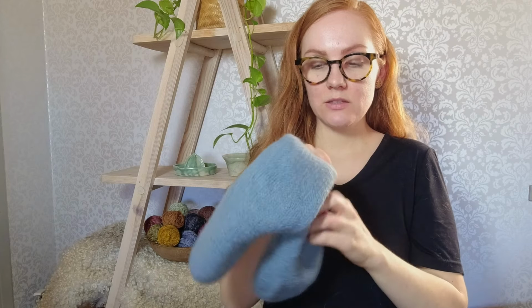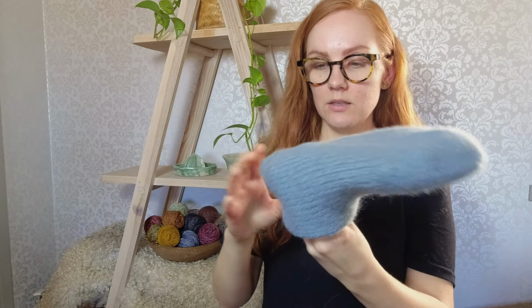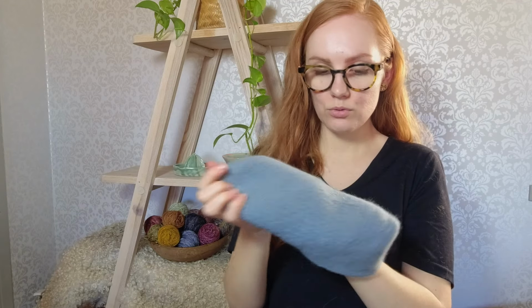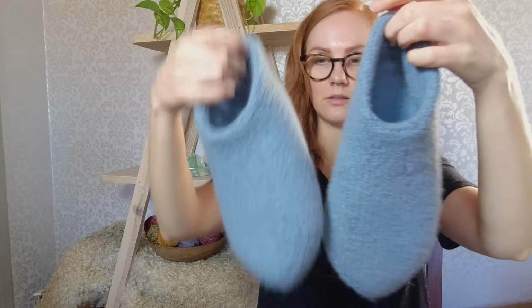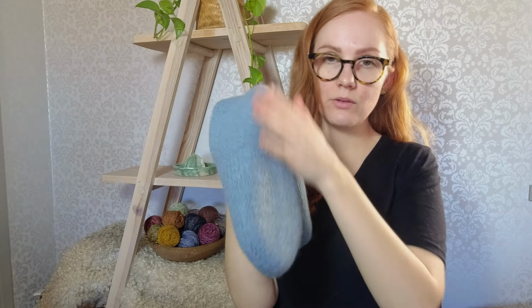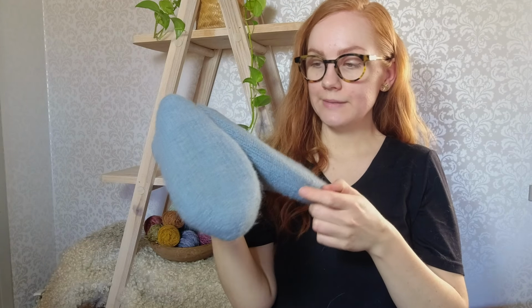I was felting this at 40 degrees Celsius for 1 hour, and then you put 1 foot inside the other, and I just put them on my feet to make them shape like my foot, or the foot that's gonna wear it. So this is the left one and this is the right one. So I'm probably gonna stitch on some leather sole to make them more durable,